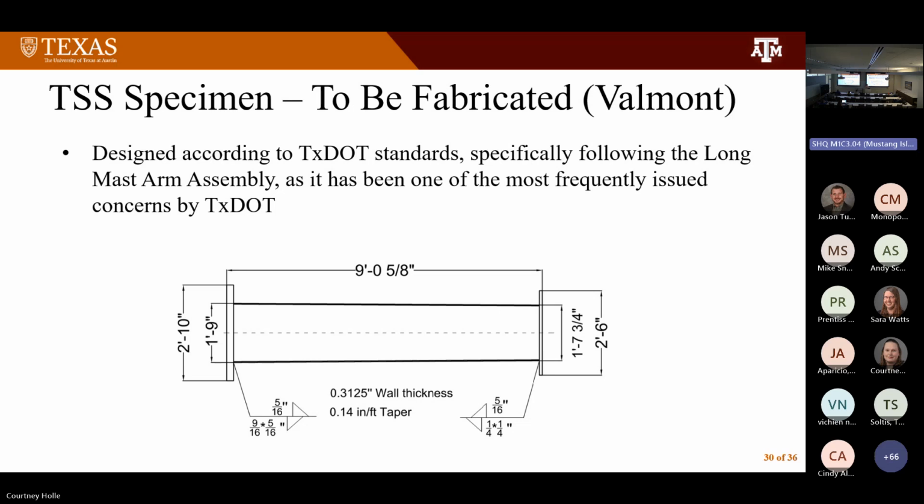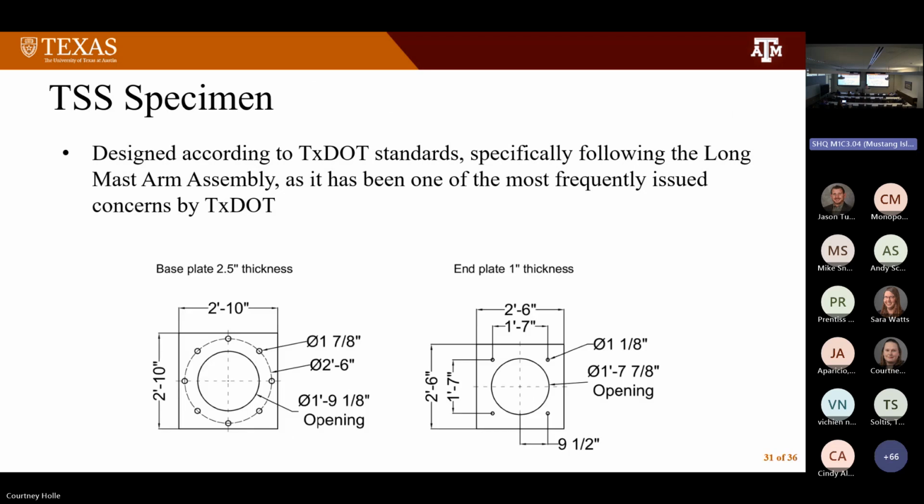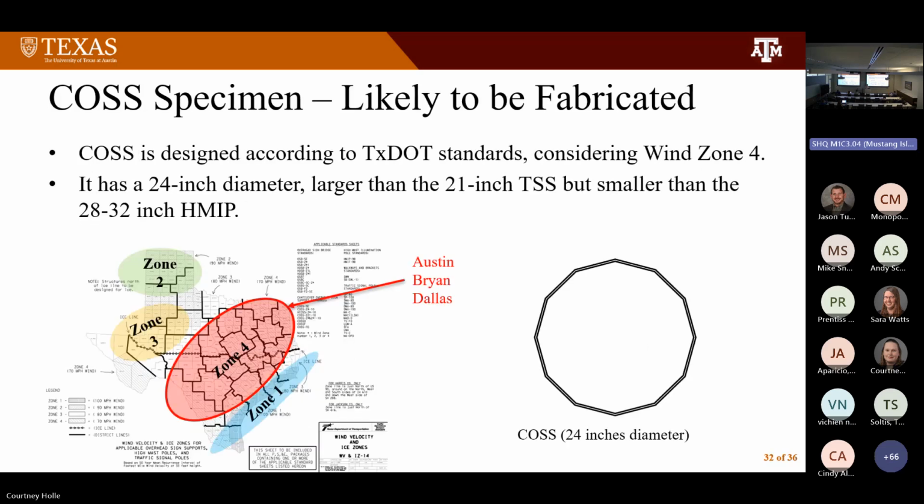So then we tried to work with a contractor up in Dallas, because they said, oh, we can do it in a few weeks or something. But there was some miscommunication. So now we're back waiting for Belmont. We're hoping to get the new specimens sometime this fall. This shows again the geometry of what we've designed and what we're going to end up having. We've got a base plate, and then we put an end plate that we use to connect into our test setup.